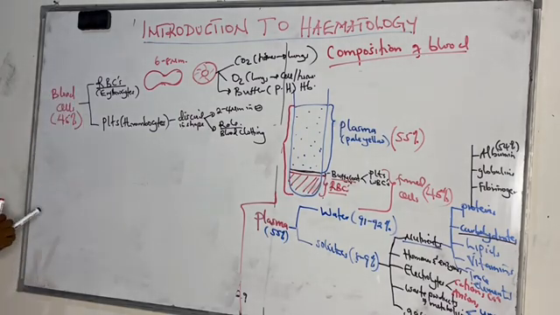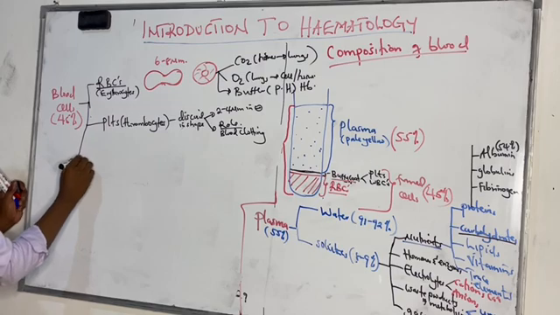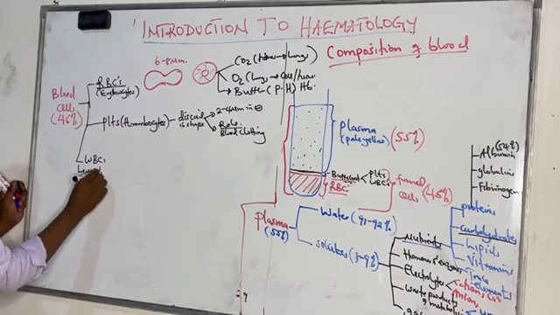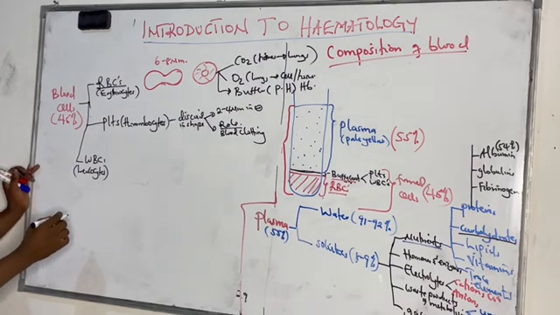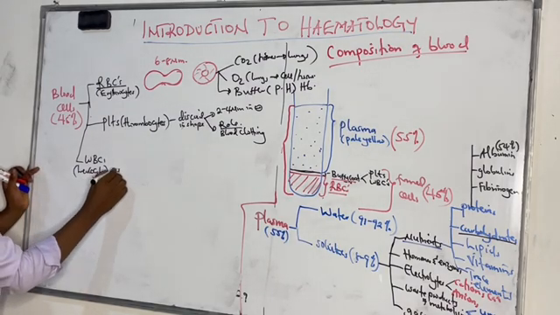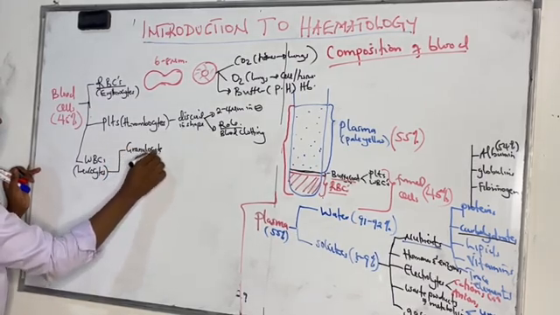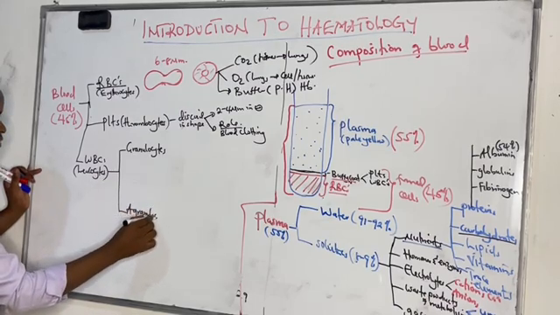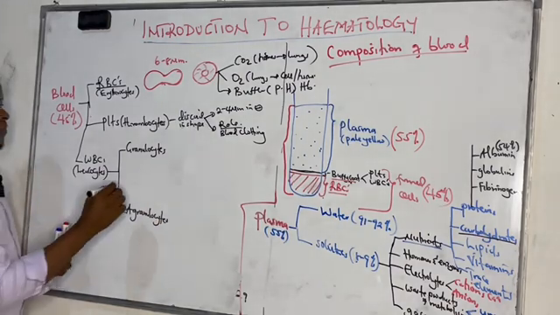Then we look at leukocytes, the white blood cells known as leukocytes. These leukocytes are divided into two, whereby they are divided into the granulocytes and agranulocytes. That is according to Romanowsky stains, whereby the granulocytes include